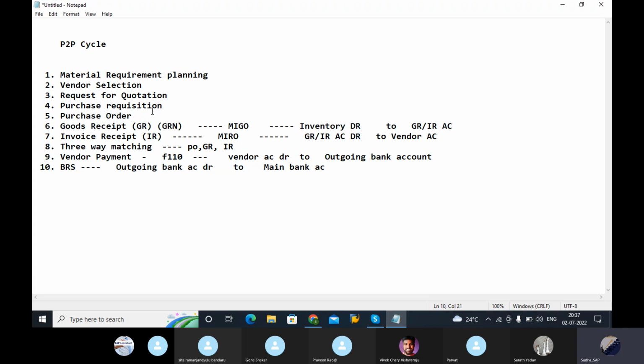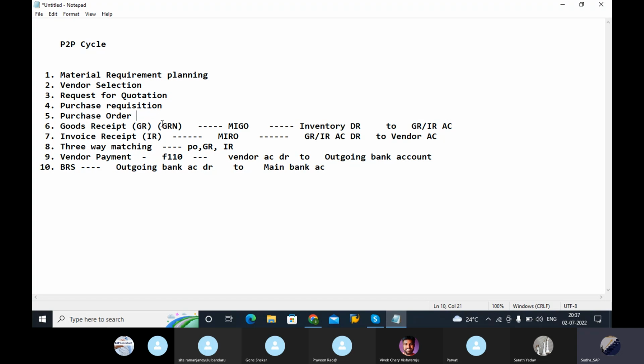After that, purchase order will occur. Once the purchase order is created, the purchasing department initiates the procurement process. The purchasing department gives the purchase order to the vendor. Then the vendor supplies the goods to the company and bills the company accordingly. In the purchase order, information like the material, vendor address, quantity, purchase price, delivery date, terms and conditions, types of payment and terms of payment will be contained.